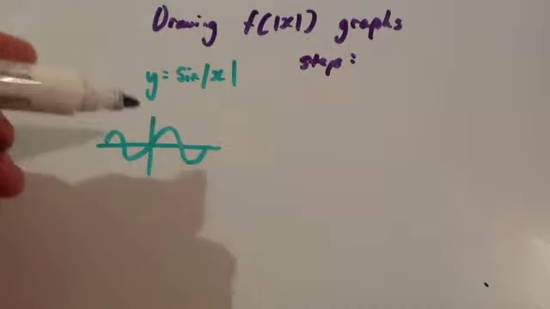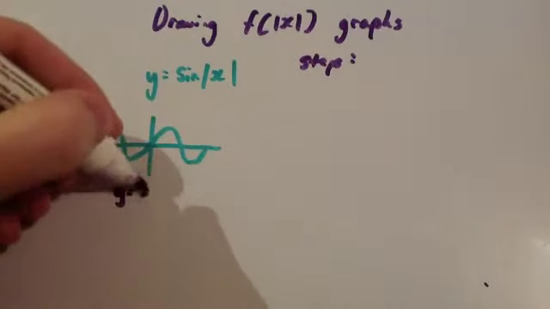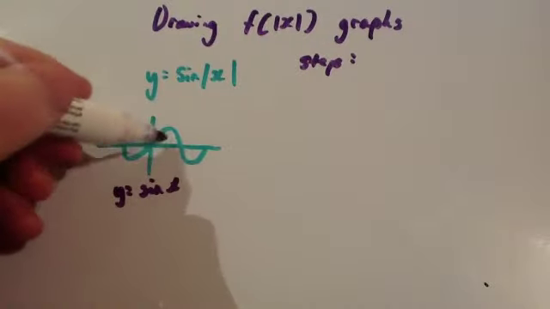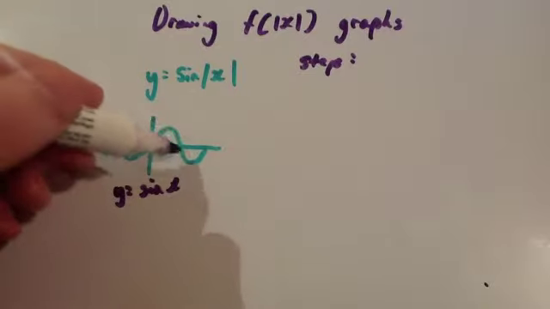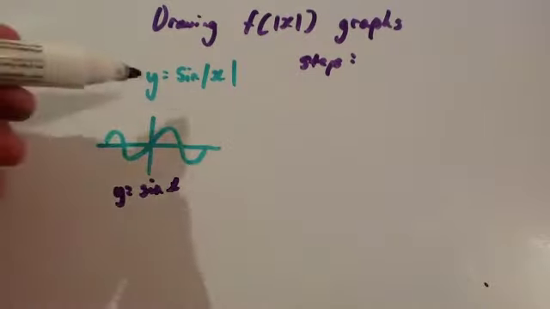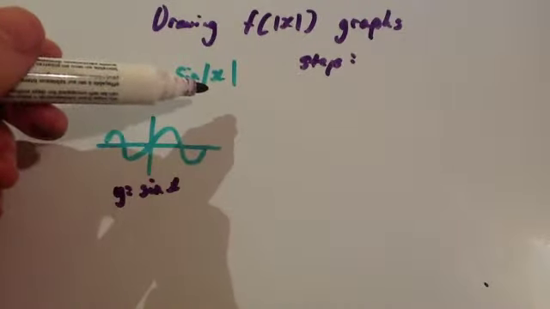Okay, so let's first of all just consider the y equals sine x graph. So this is y equals sine x. We've put in positive values, and you get this shape of graph, and then you put in the negative values and you get this side. Now, whenever you do modulus inside of a function, remember what that does is it makes all the